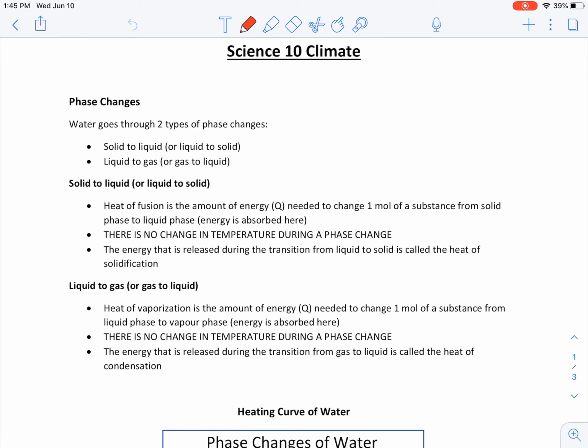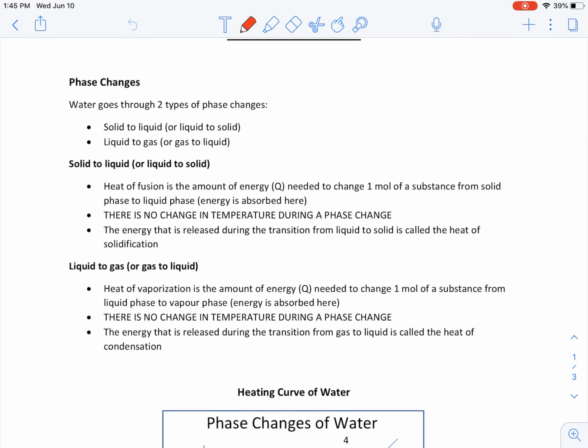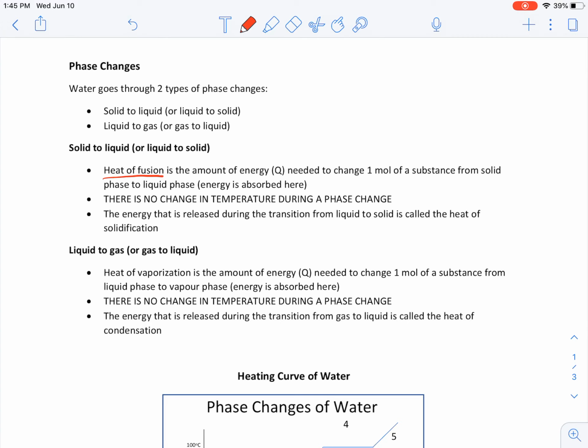Now, every time you have a phase change, you either have an absorption or a release of energy. If you think about ice creating liquid, you need to heat that ice up. So what happens is those bonds are being broken by that energy, and then you have a phase change, and then your temperature rises. Now, going from that solid to a liquid state is called heat of fusion. So heat of fusion is the amount of energy, which again we're going to use that symbol of Q, needed